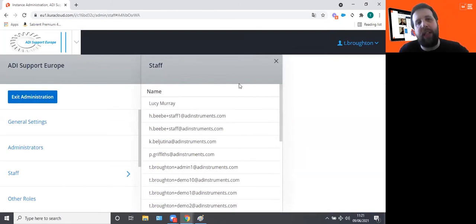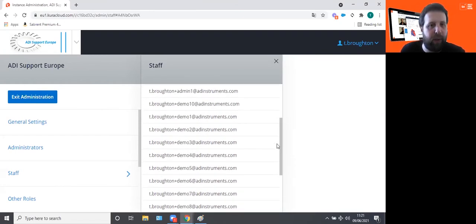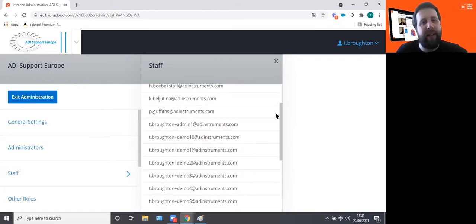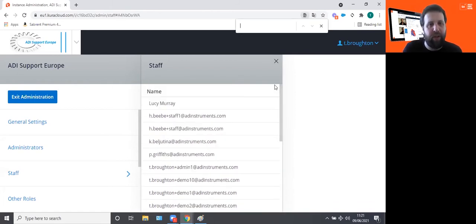It doesn't tell you their exact role, but it's a quick way to go in and see, rather than going to each individual course to try and see if the person who's having trouble does actually have an account and has actually accessed the instance. You've got this little portal here. There's this little list here that allows you to just quickly go through. I mean, you can just use Control F